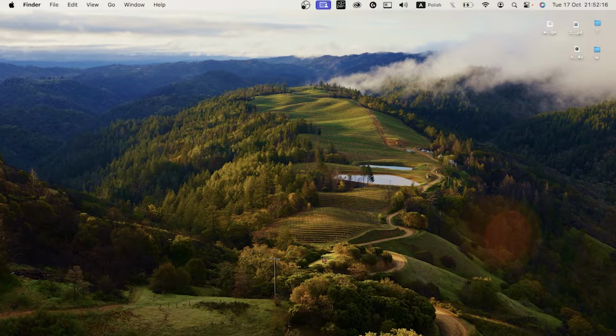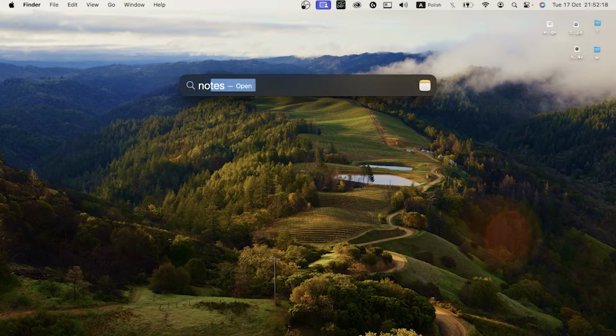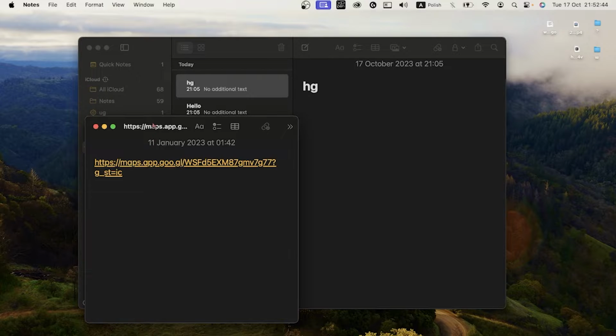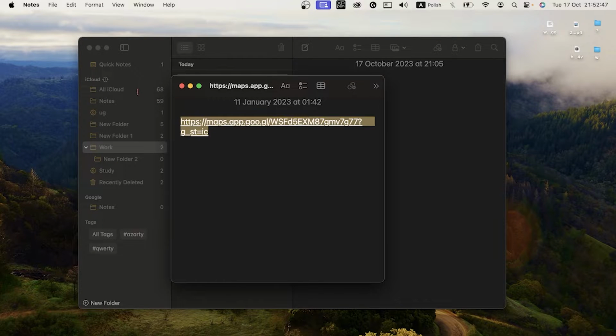Okay, so firstly, let's open Notes. And what do we have here? On the left panel, we have Quick Notes. To create a Quick Note, if you have a device with the globe button, you need to click Globe plus Q, or if you have a device without the globe, click Fn and Q, and you will open the